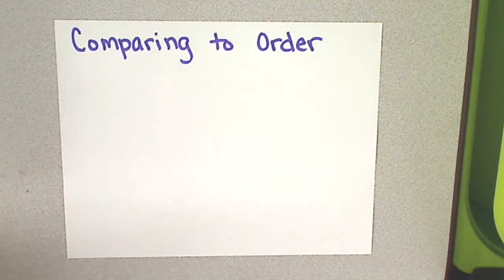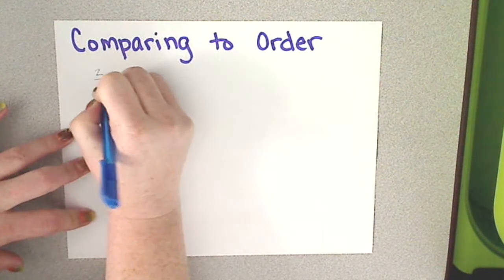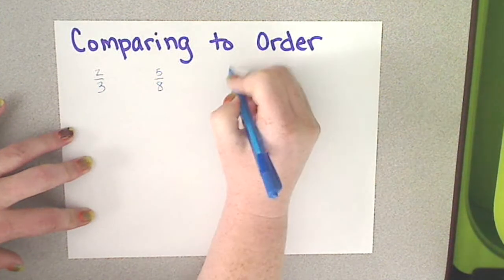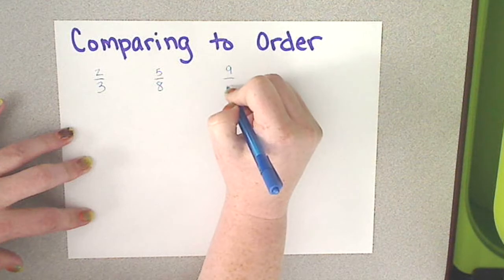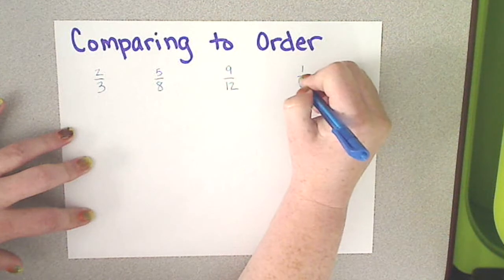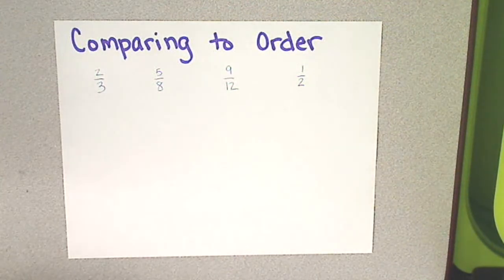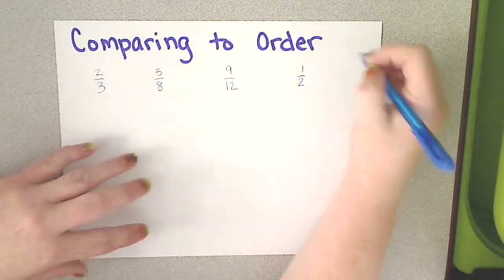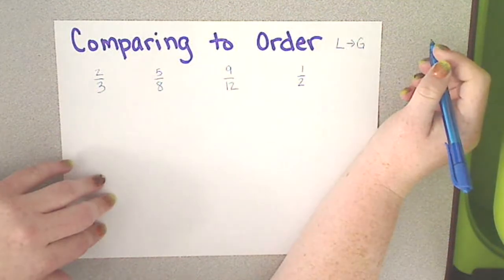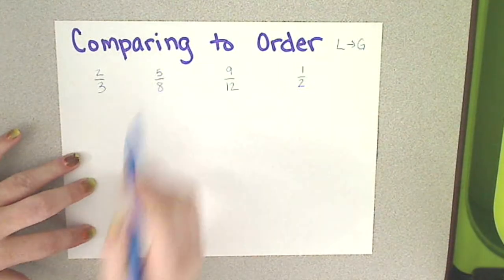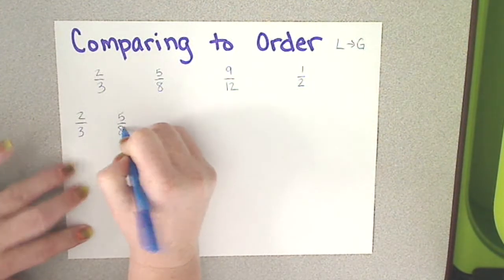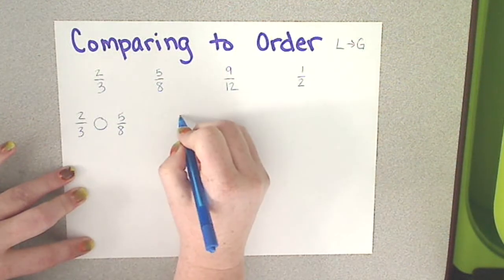All right, so I'm going to list out some fractions. I have 2/3. I have 5/8. I have 9/12, and 1/2. I need to put these in order from least to greatest. So I'm going to start by comparing them. I'm going to compare 2/3 to 5/8. I'm going to compare